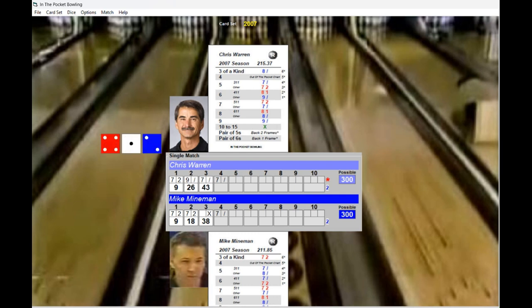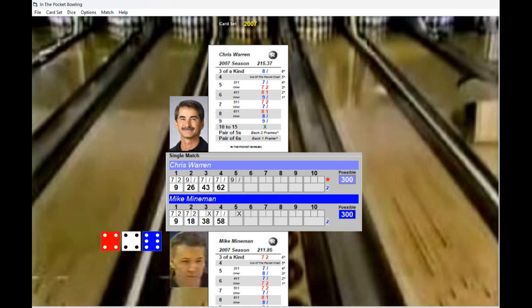Warren draws a 4-1-2, so that's a 7 split, so he gets 17 points for the third frame, and then he gets a spare to add on to score in the fifth set. He throws a 3-1-2. He scores a 9, and then he gets the easy pin for the spare, so he's at 62 through 4. Heineman,